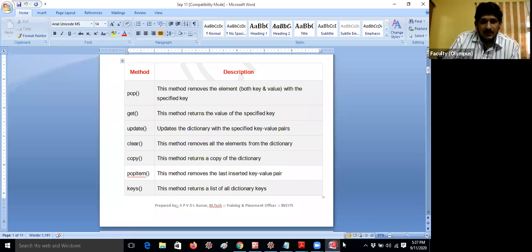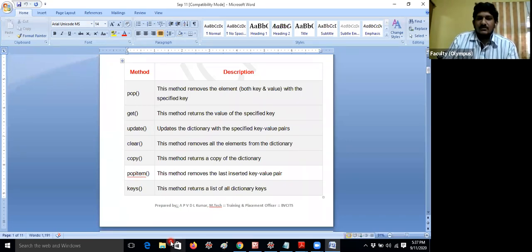From tomorrow onwards I will give the programming structure: if conditions, conditional statements, nested if else, and we have to discuss loops also, because programs mainly depend upon loops, right? Till now we discussed only simple programs. Whenever you enter into loops, you can do a lot of programs like prime number and Armstrong number, as you discussed in C and Java. Whatever programs you have done through C and Java, you can do very easily in Python.